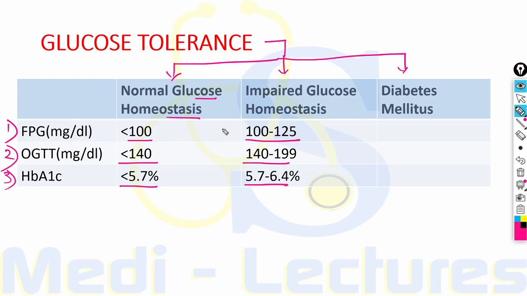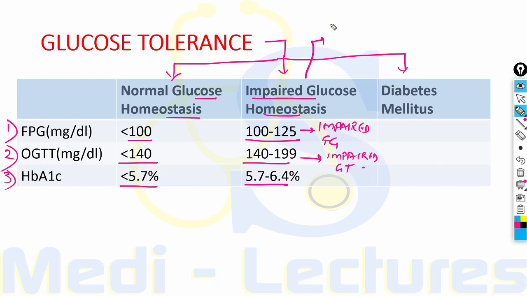Now in impaired glucose homeostasis, if the fasting plasma glucose is 100 to 125, this is known as impaired fasting glucose. And if blood sugar after 2 hours of oral glucose challenge is 140 to 199, it is known as impaired glucose tolerance. Some other names which are given to impaired glucose homeostasis are